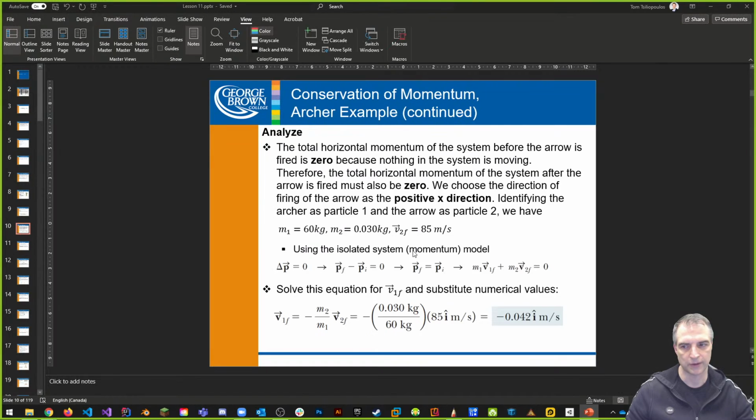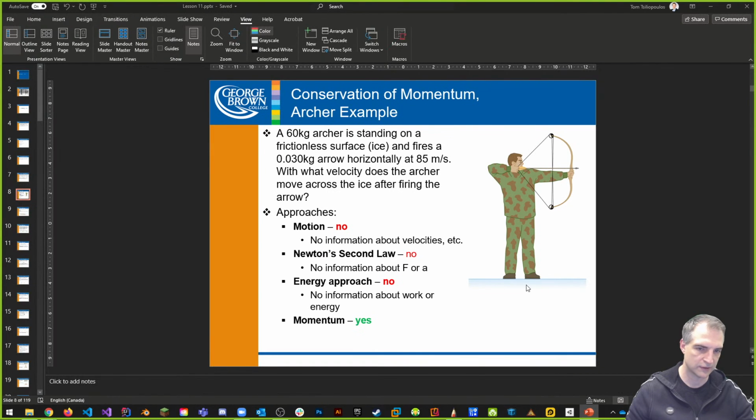Now we know a bunch of stuff here that I want to talk about as well, which is he's on a frictionless surface. If he was on a surface with friction, then we can apply another model or another approach to his motion across a surface with friction. The same thing if I had some other things happening on the x-axis, like a backwind. As an example, there's a wind pushing the archer in the same direction as the arrow. When the arrow is fired, will he move? Or if he's braced in some way with another mass, and so his mass is bigger than he would normally be, and so on.